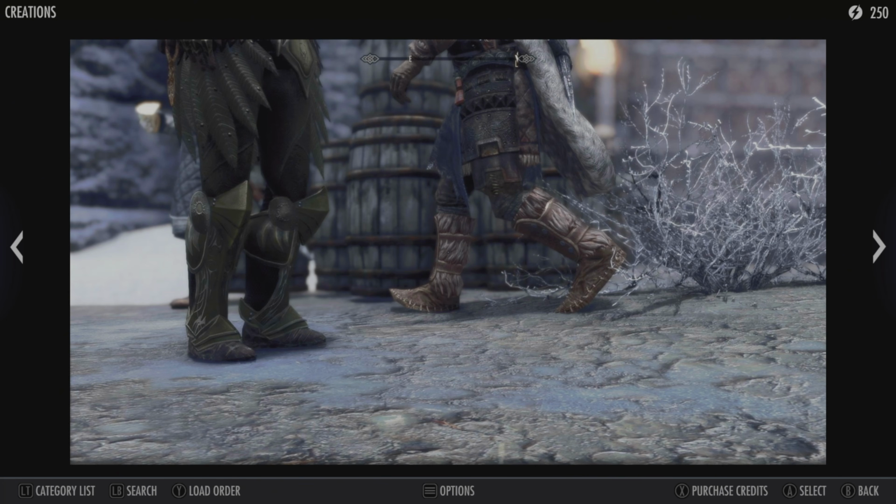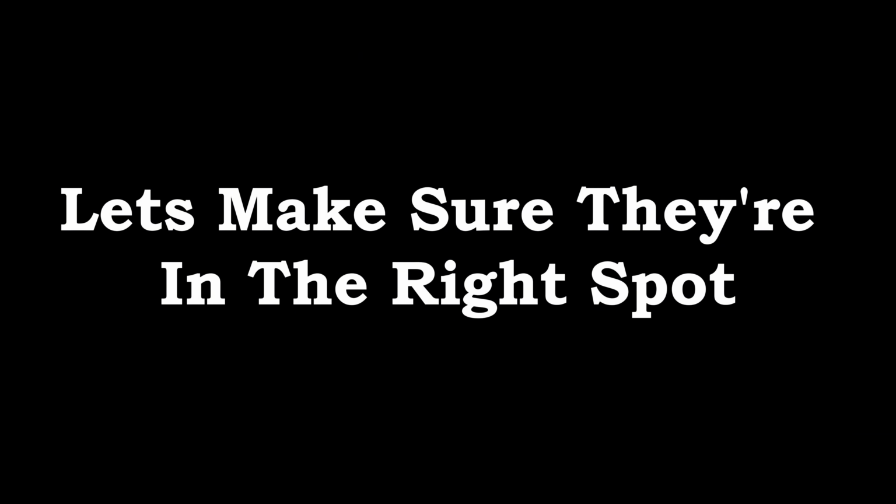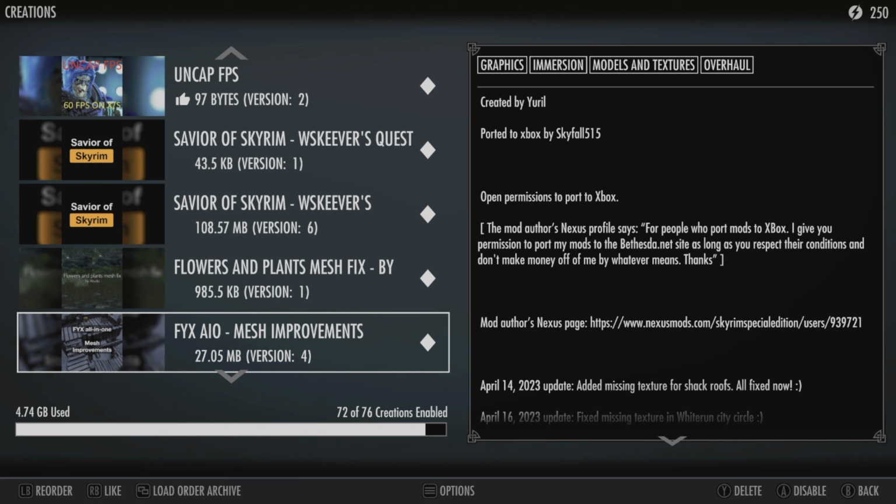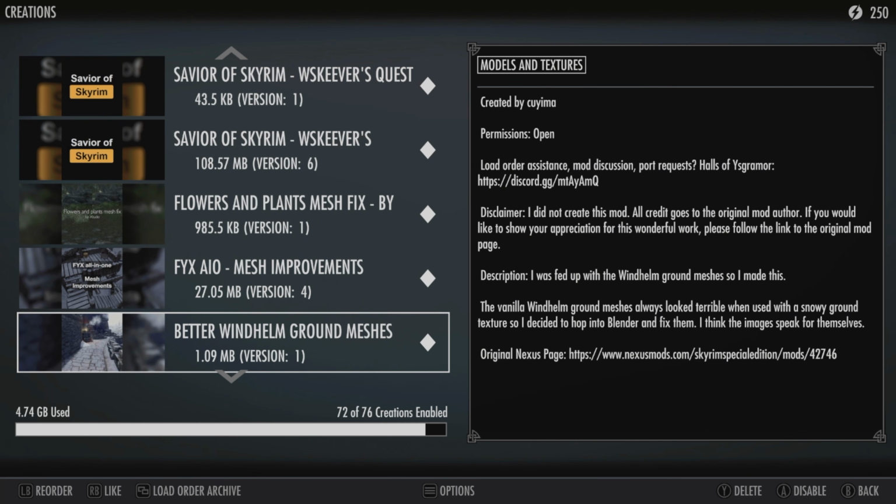Now that our fixes have been downloaded, let's make sure they're in the right spot. Since these are fixes that make major changes to the environment around us, they should be placed in our foundational section under Uncapped FPS. Now, I'll be adding other meshes that'll bring out the quality some more, starting with our